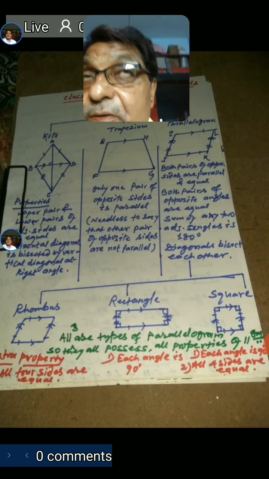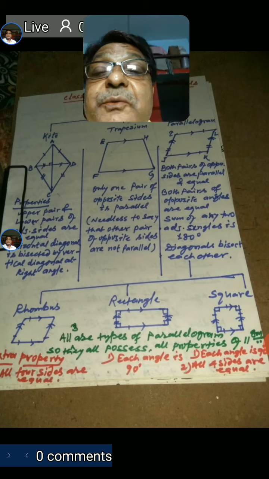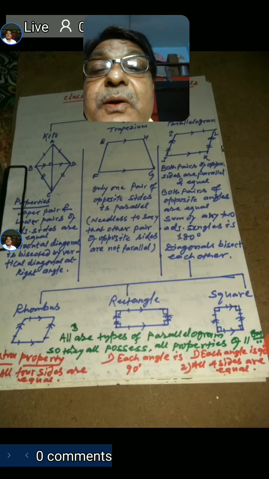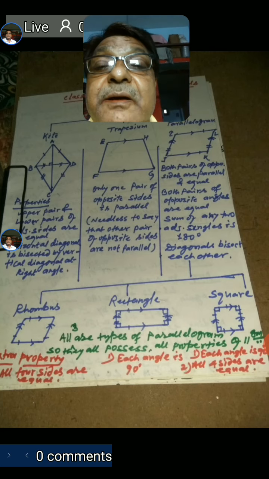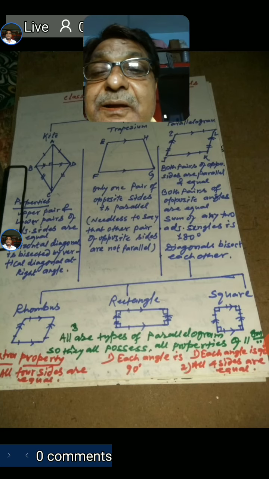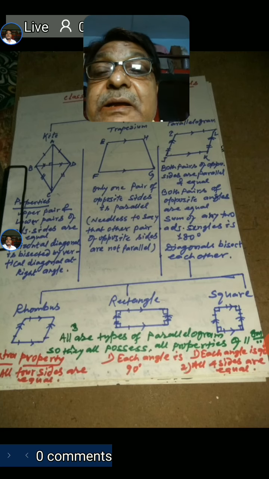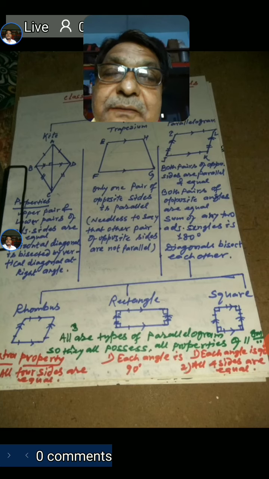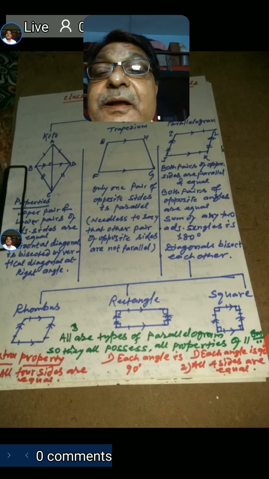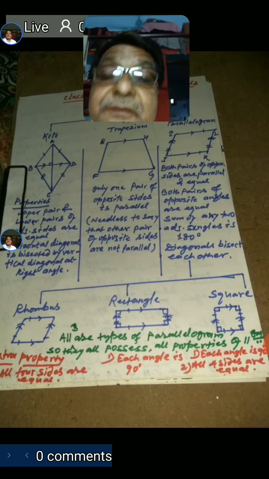Yeah. Next, come to rectangle. Basically it is also a parallelogram, as both pairs of opposite sides are parallel, which is required for a parallelogram. And all the other properties we have discussed in the case of a parallelogram are also shown by this rectangle. But there is one additional property, that each angle is a right angle, that is 90 degrees. And due to this additional property, it has got another special name, that is rectangle.